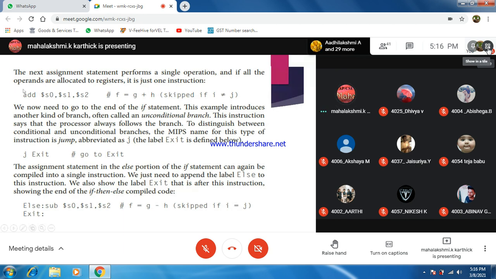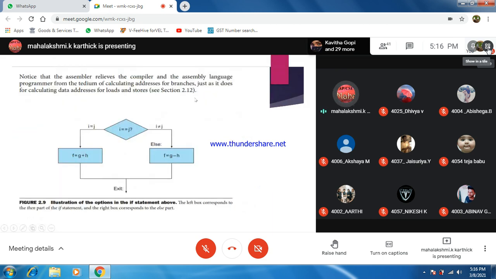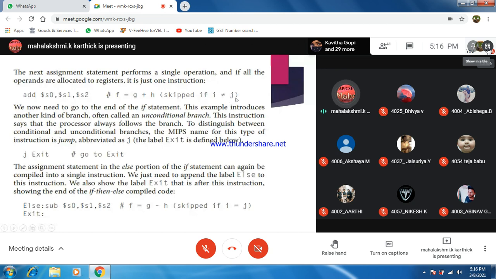But this instruction cannot be run because it has to be skipped if I is not equal to J. That is the reason. So we now need to go to the end of the if statement. This example introduced another kind of branch called an unconditional branch. This instruction says that the processor always follows the branch.